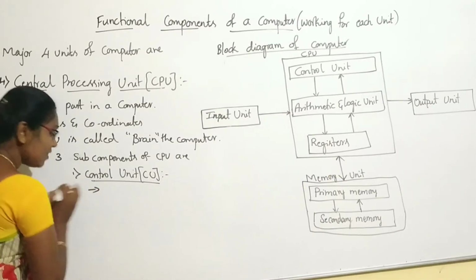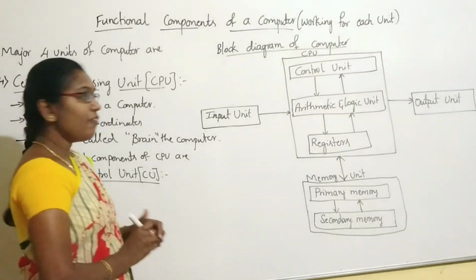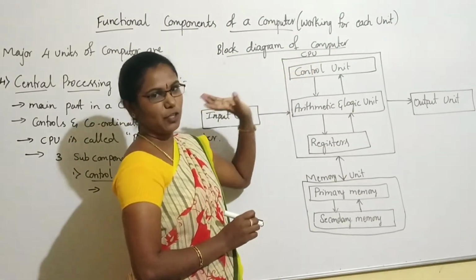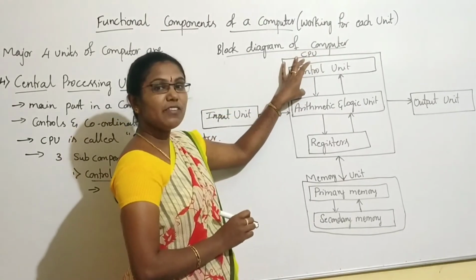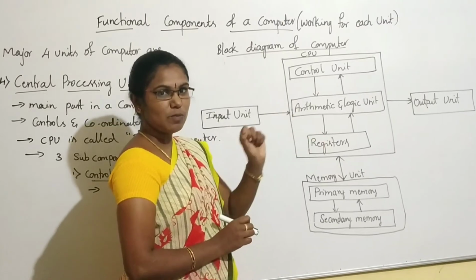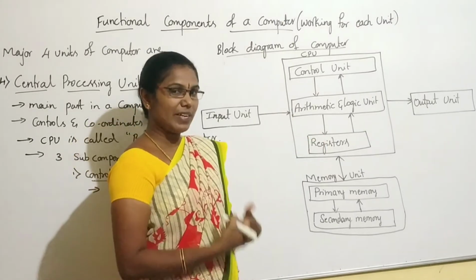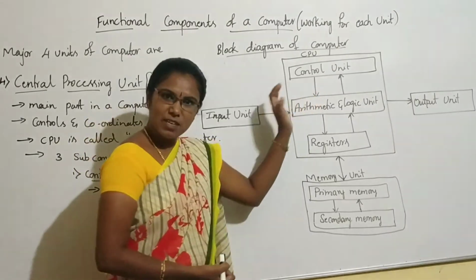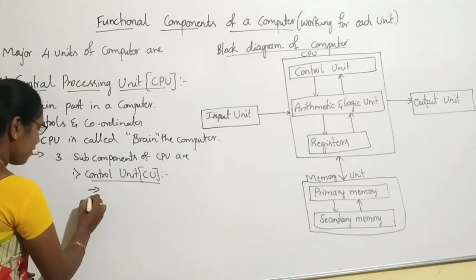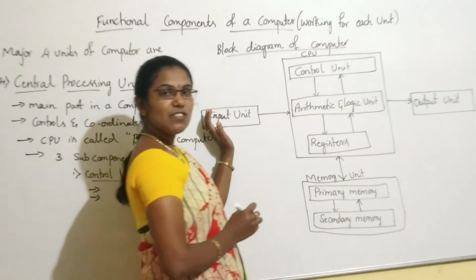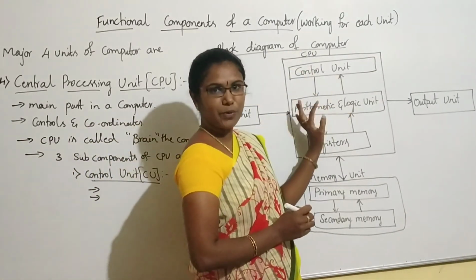What are the functions of the control unit? The first function is that it will fetch the instructions or data from the input units. It will fetch, meaning it will receive, the data from the input unit. Understood? The second function of the control unit is that once the data is transferred from the input unit to the CPU, the